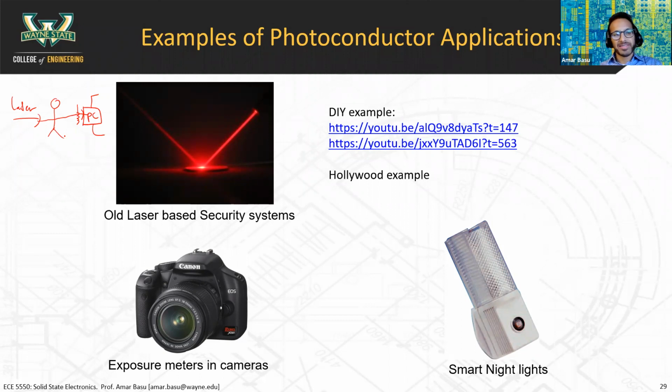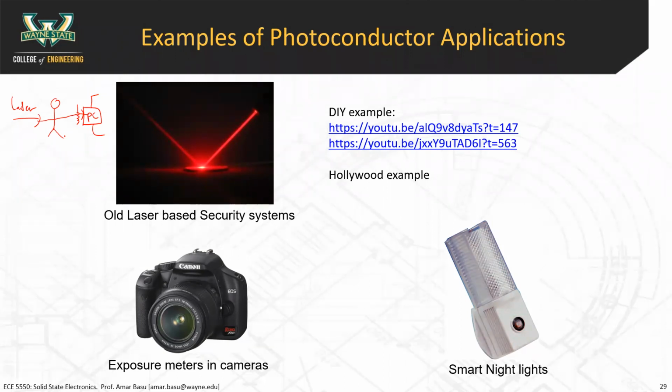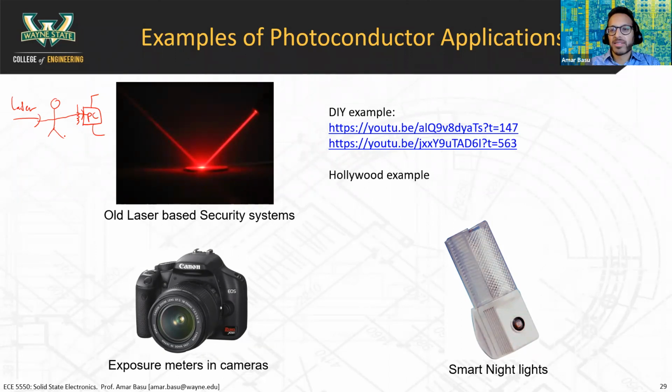Last question of the day. The photoconductor has a certain resistance when the laser is shining on it, and now the thief gets in the way and blocks the laser. So now there's less light going to the photoconductor. What's going to happen to the resistance? Will it spike? It'll spike. Exactly. It spikes because